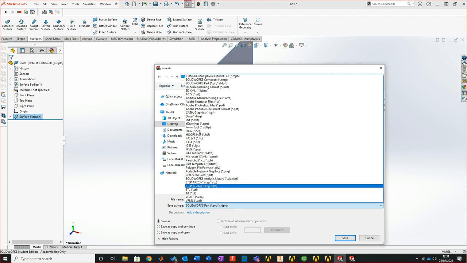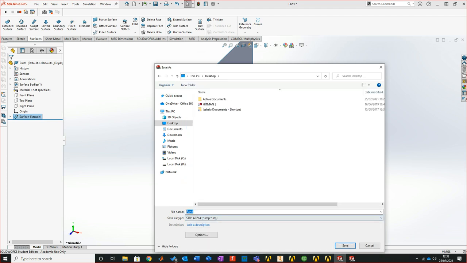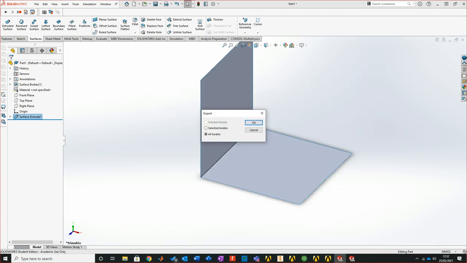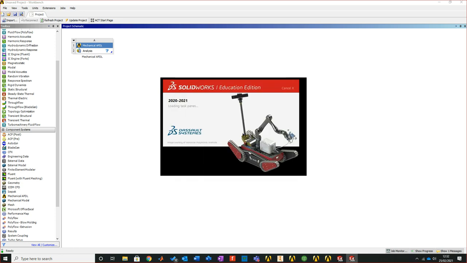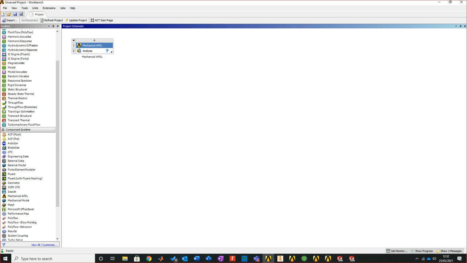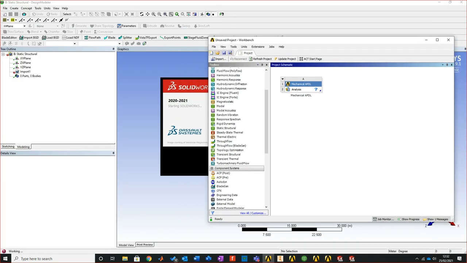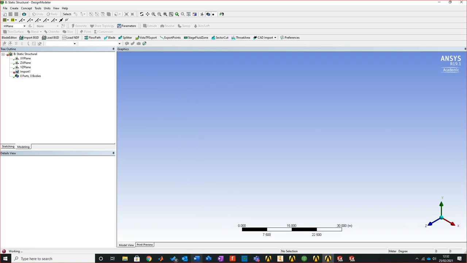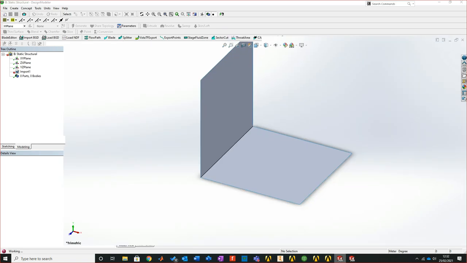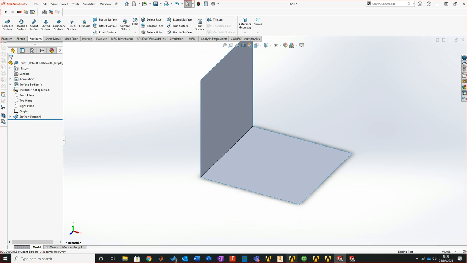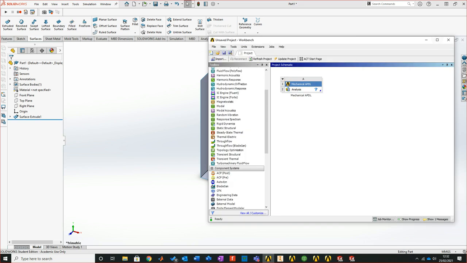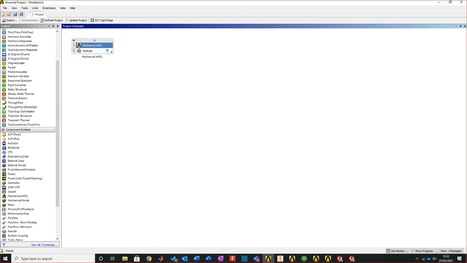Now I always use STEP 214. You can use IGES formats, you can use other formats. I just had the most luck with STEP. That's all that is. Yeah, it's locked me up on that one. So you can always use STEP. It doesn't matter. But what I'll do now is I'm going to just bring